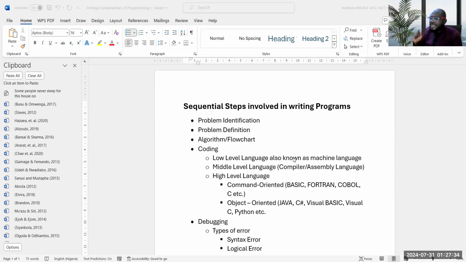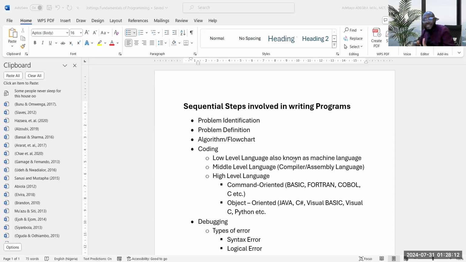An algorithm involves a programmer writing, step by step, all the procedures it will take to solve the specific problem. For instance, let me give us an example. I want to add any two numbers together. So I can say the first number that I want to add, I call it A. The second number that I want to add, I call it B. The container that will hold the answer when the two numbers are added, I call it C.